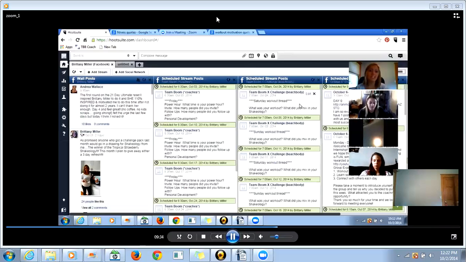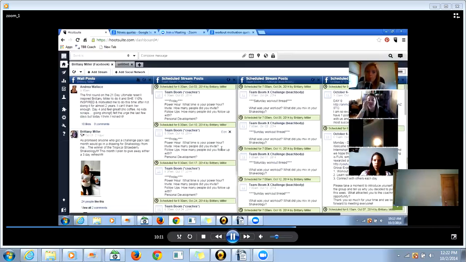And this is really helpful. It saves a lot of time. And so you don't have to remember every morning to go in and post. Even if you're posting within the coaches group, just motivational quotes for coaches, or just anything in there. I post Fridays in the coach group, which are power hour threads. So I have all those scheduled for every Friday morning. And then sometimes I try to go in and post regular things, just quotes and different tips and things like that. And I'll schedule all those for the month too.